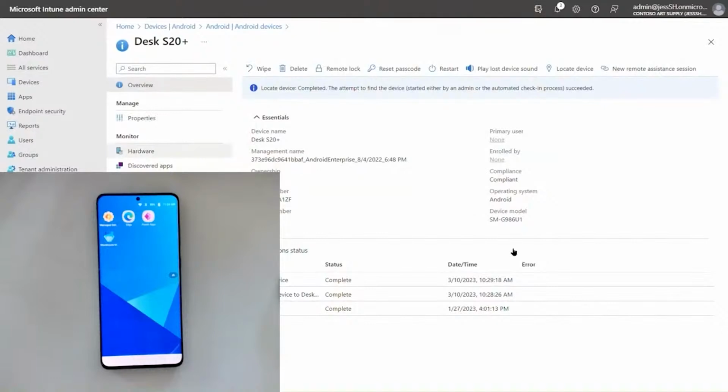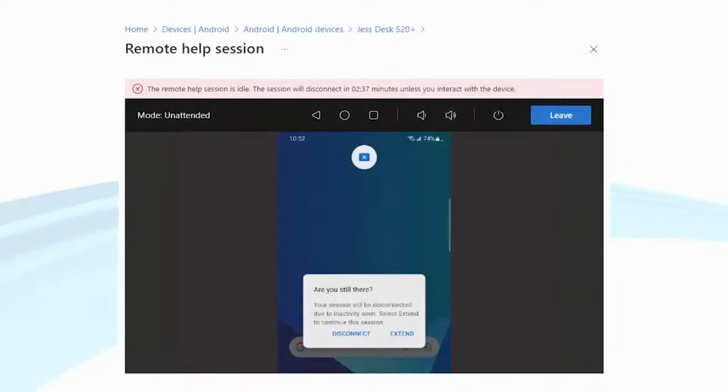I want to go over a couple more things that I didn't get to show in that demo just now. If a session is left untouched for too long, Remote Help displays an idle countdown timer on both ends, both in the admin console and on the device. This will automatically end the session after a while as a security measure, in case the device or the helper